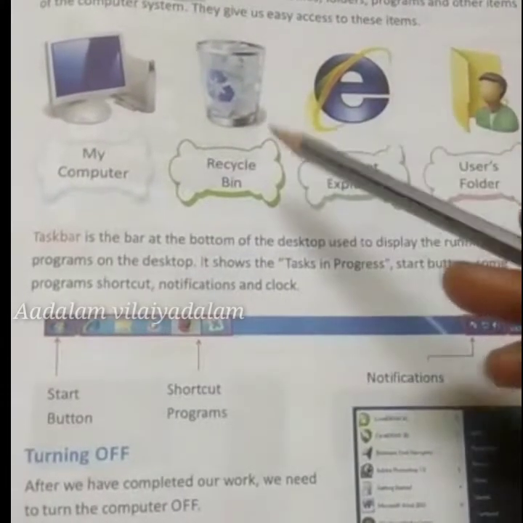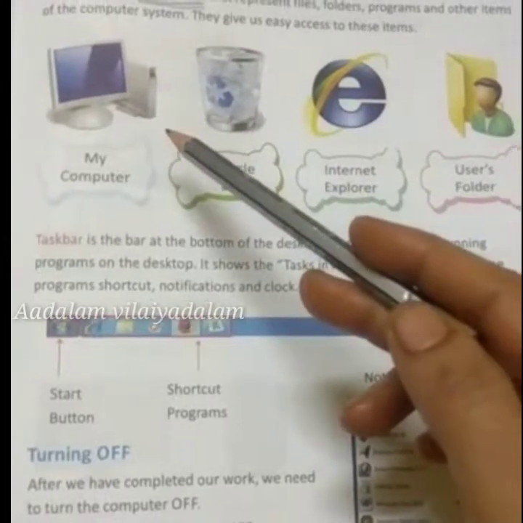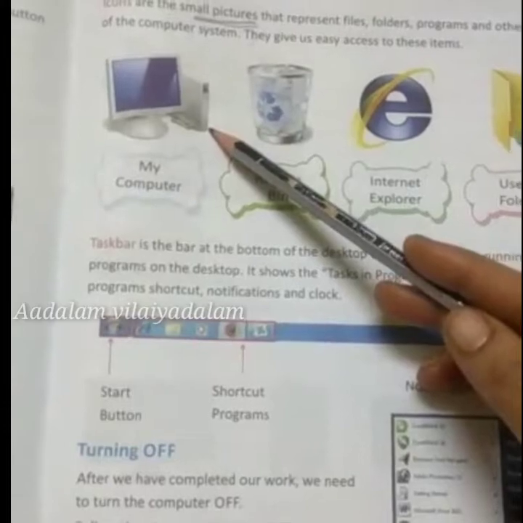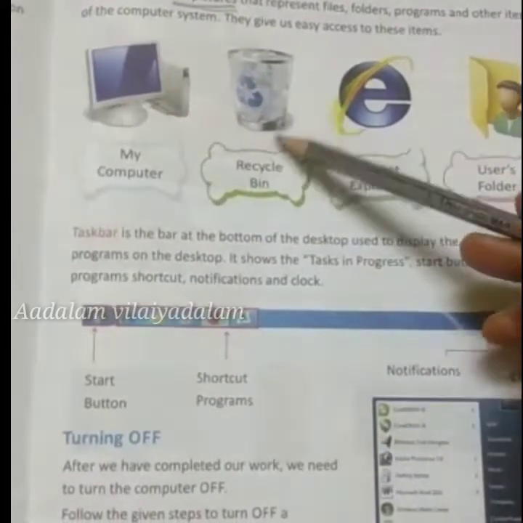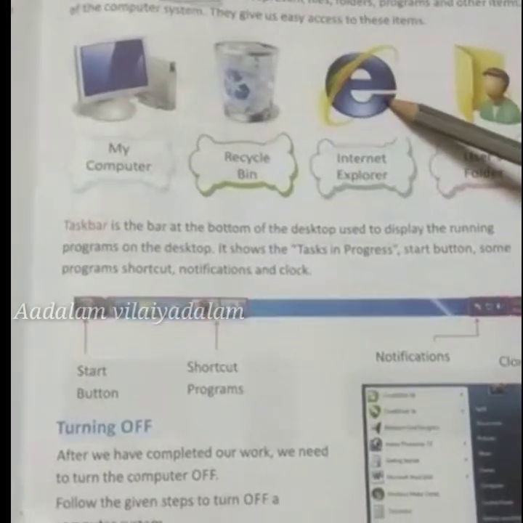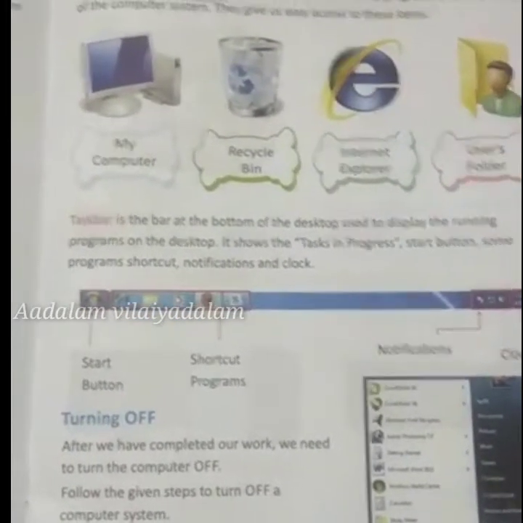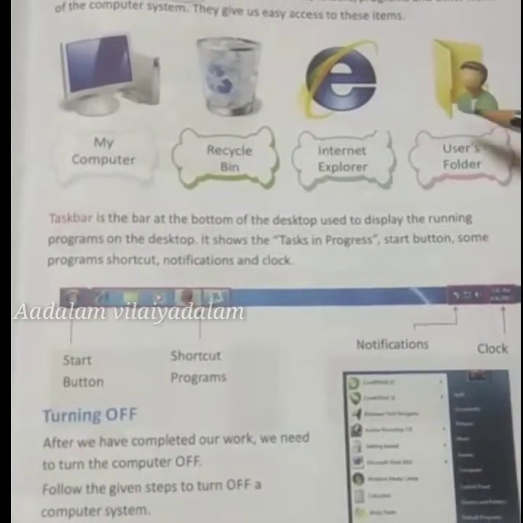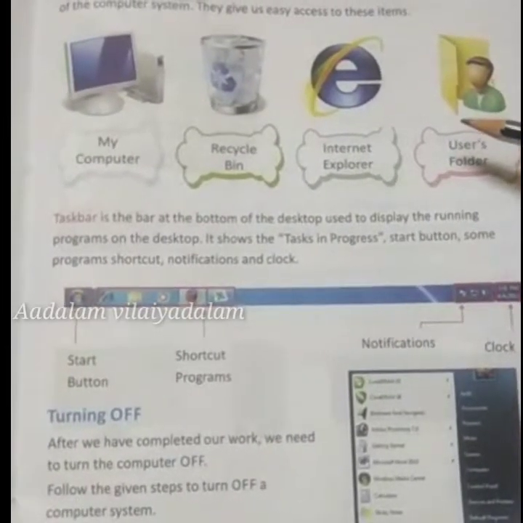Here are some examples for these icons. This is a My Computer icon, and this one is a Recycle Bin. This is Internet Explorer, and this is a users folder. These are all examples for the icons.